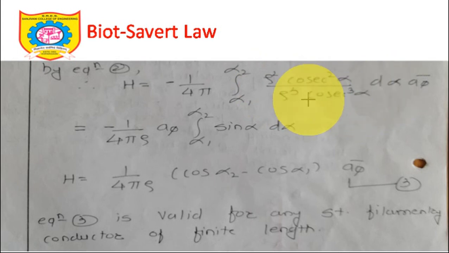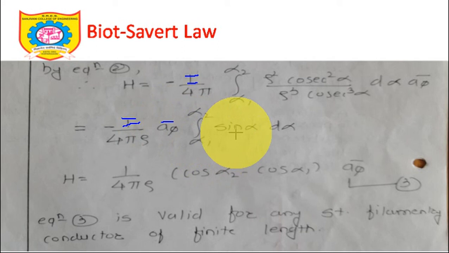So you just try to put, because you are already familiar with these things, and try to calculate this integration with a sharp mind, and just steadily. You get rho square cancelled with this rho cube. I will get I upon, so this is I once again, I will just correct it in the notes also. Try to understand this. So minus I upon 4 pi. This rho gets cancelled with this, and rho is a constant which will come outside the sign of integration. Minus I upon 4 pi rho a phi bar into sin alpha, integration running from alpha 1 to alpha 2.